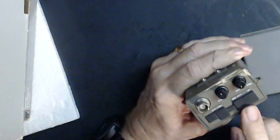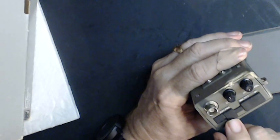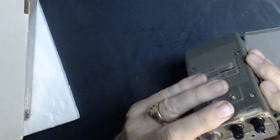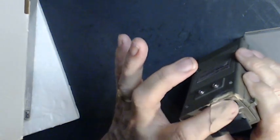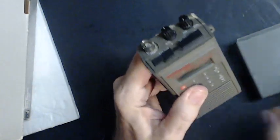this is a transceiver, so we can add a push-to-talk microphone / speaker. External, oh, there's an external power connection. Whoa, let me see what that looks like. So it's all one piece here. Yeah, looks kind of funky down in there. I don't know if I have an adapter for that. Anyway, squelch, on, off, and volume. I don't even have it in the camera. Gee whiz, Tom, get your act together. And then this is the connector for the antenna. We'll see what's on the back